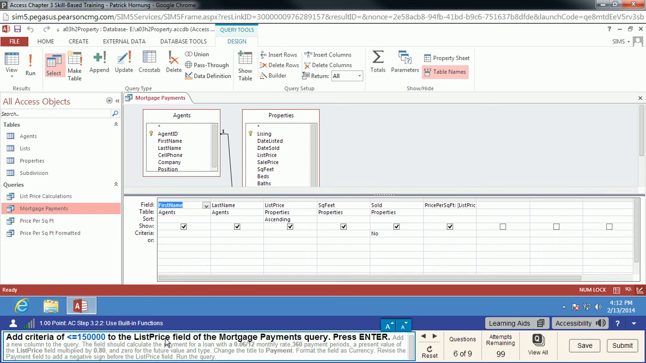We're going to add in some new criteria, and this is going to go into the list price field. It's going to limit down the number of results returned when we run this query. So we're going to go with less than or equal to 150,000,